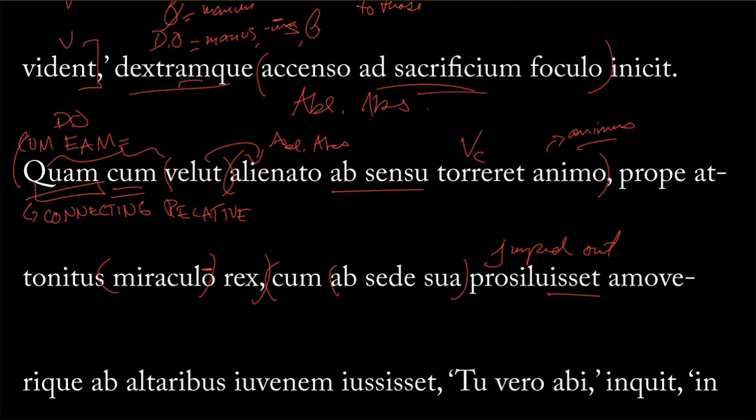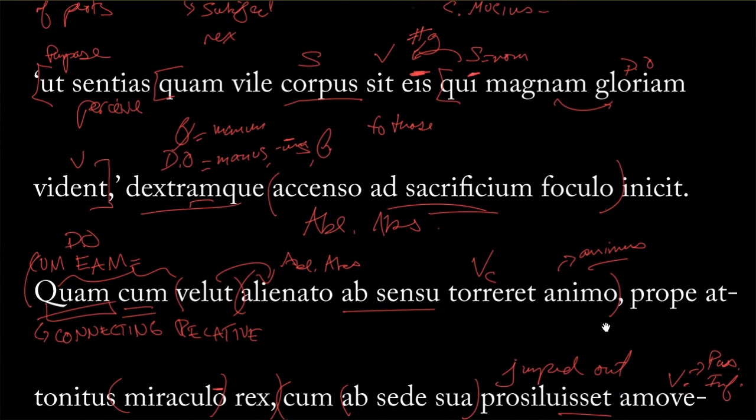And here we have amueque. So here's our connecting and. This is going to be our second verb, and this is ordered. Again, from iubeo, this is the third principal part. It's pluperfect, so it's coming from the perfect stem, iussi. So he jumped out from his seat, and he ordered the young man, so this is the direct object of the verb, to be removed. So again, this is our passive infinitive. We'd just seen this earlier with his order. He had ordered earlier